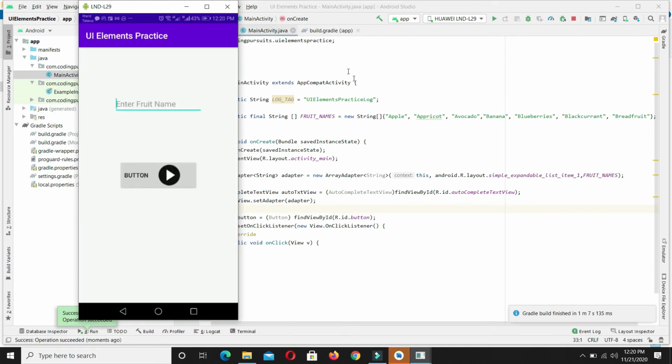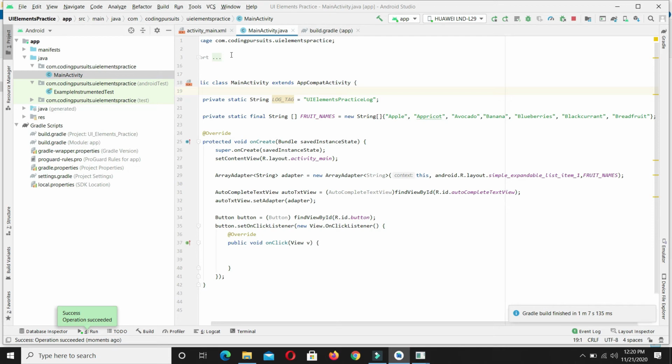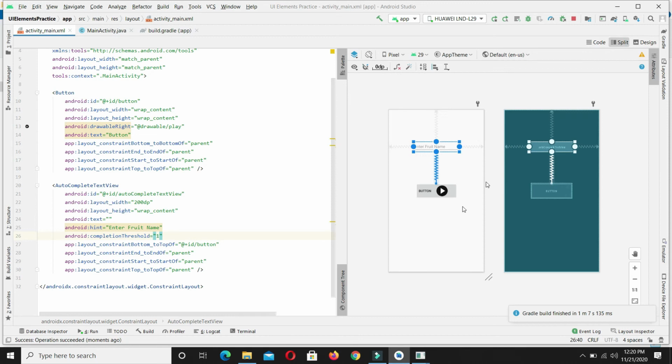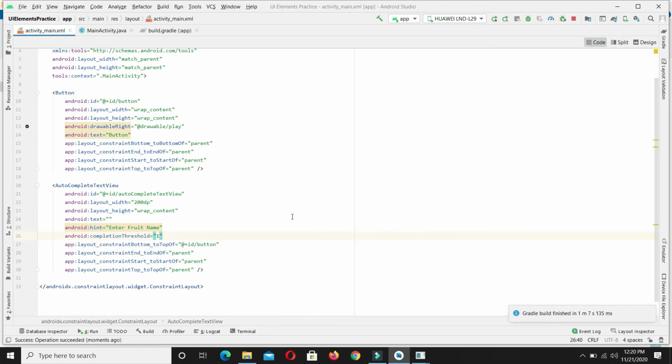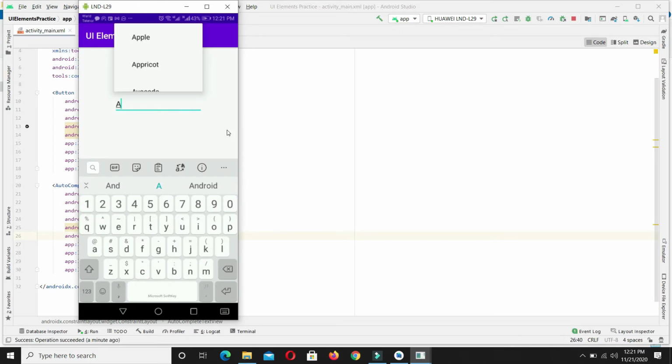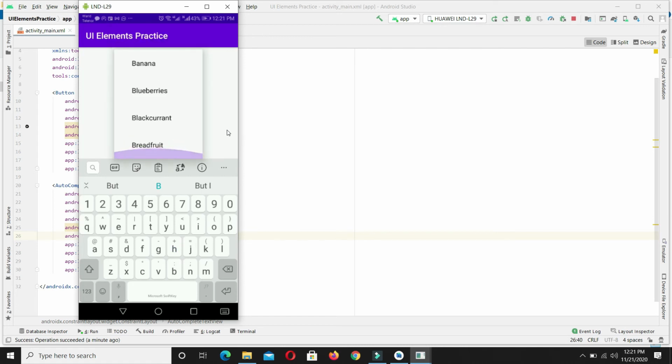So okay guys, let me open the code here what we have written. So guys, as soon as I type the letter A, I am getting all the options here. You can see here apricot, avocado. In the same way, when I type the letter B, I am getting all options which we just have written. Banana, blueberries. In the same way, when I select the blueberries, it is automatically written into our text view. So it provides a simple convenience for the user.